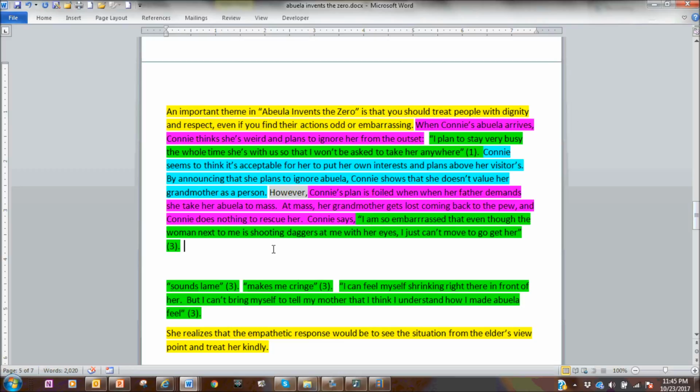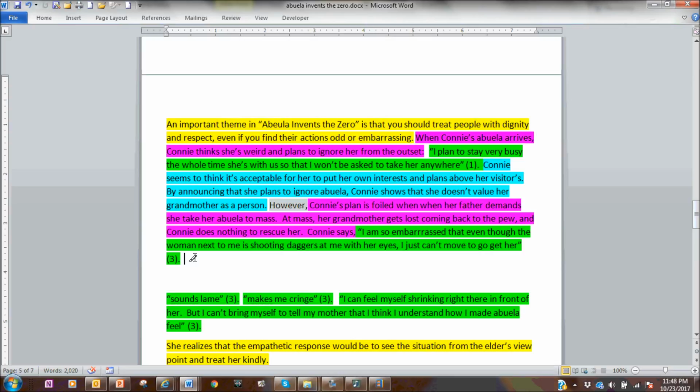Next, I need to analyze it. How does that quotation support my overall claim statement? Okay, I'm going to say I need to talk about Connie's embarrassment and how that's preventing her from treating Abuela nicely. So I'm going to say here, "Connie lets her embarrassment get in the way of doing what's right,"